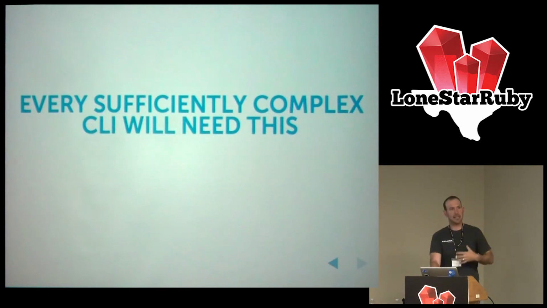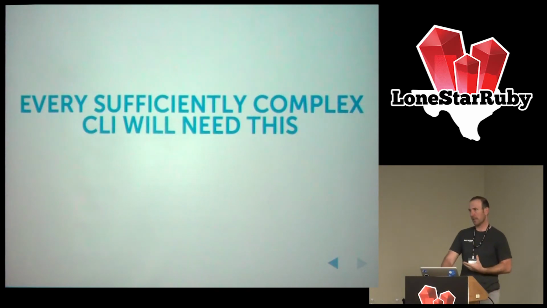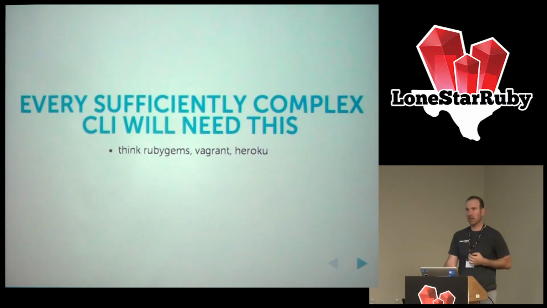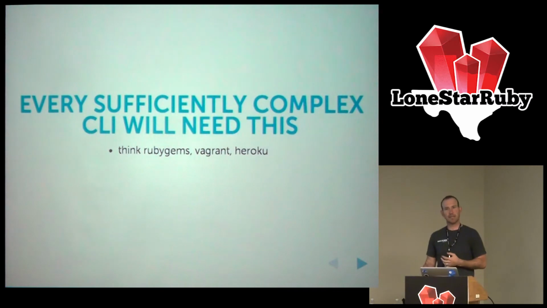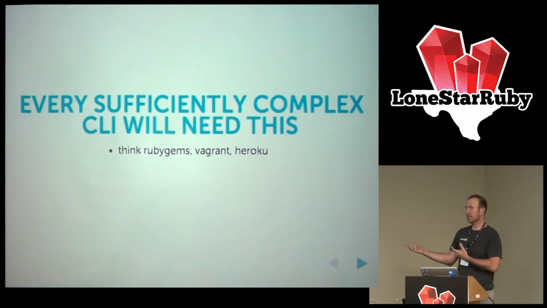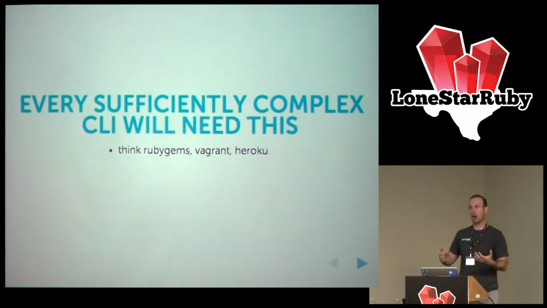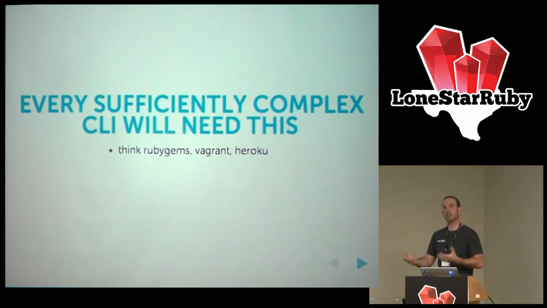And so, as your CLI grows and subsumes more and more responsibilities, it makes sense that you need to break it down into component parts. I mean, you think of CLIs that we use every day, like RubyGems, Vagrant, Heroku. All these do a great job, actually, of making it very easy to extend, and they reap great benefit from it. It's self-evident when you look at those things that that was the right thing for them to do, and that if you are going to follow in their footsteps with a similar thing, you're going to have to do it.